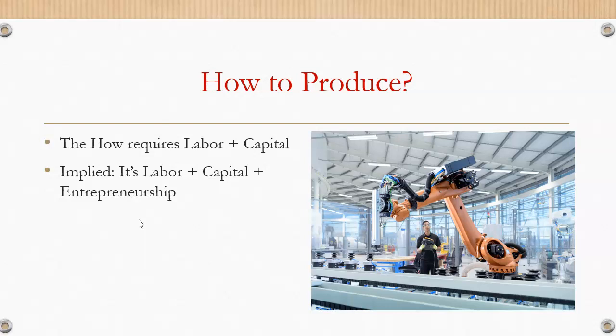Obviously, labor is all the quantity, the people who just duplicate the same thing over and over. Entrepreneurship are the people who are coming up with something extremely either brand new or significantly improved. So if there is that kind of innovation going on, then obviously that is involved as well. That is the how to produce.